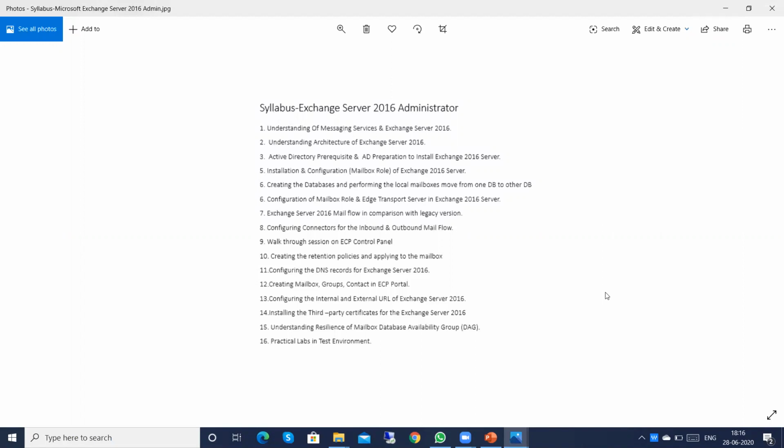The second point is understanding the architecture of Exchange Server. We'll give the overall picture of what all roles there are, how each role functions, the definitions, and also we'll try to give the diagrammatical scenario. The third point is Active Directory prerequisites and AD preparation to install Exchange Server 2016. Here we will teach you what all the prerequisites are.